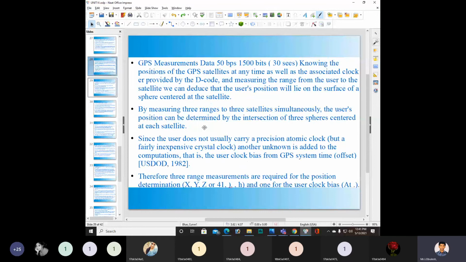So the GPS measurements data is 50 bits per second, 1500 bits for 30 seconds. So each and every second we are measuring 50 bits.